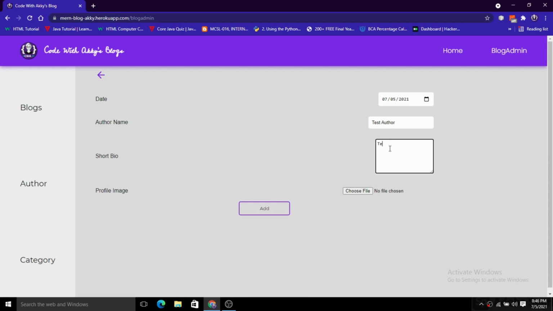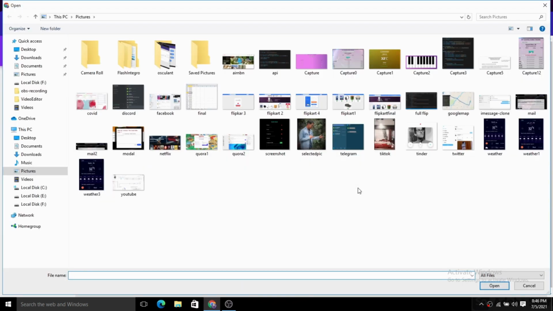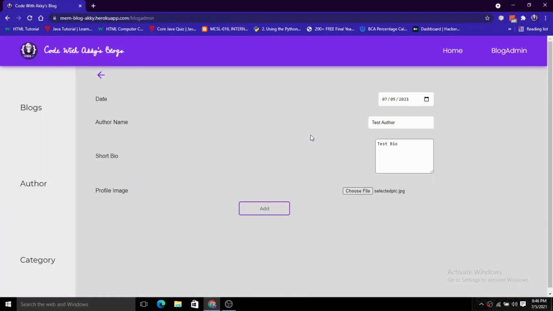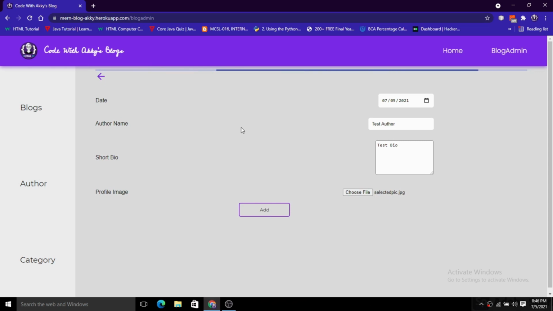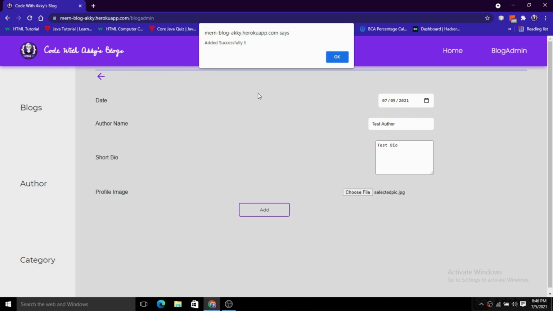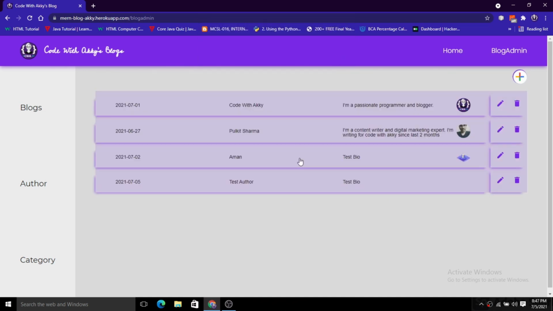and here we can add the short bio. So let's put in the test bio, and here we can add the profile image, and the image will just go and upload on the Cloudinary cloud database there. So we will also learn these things. Now you can see here all the UI and the look and feel of this whole admin dashboard of this blog here. Now you can see it is added here, and now you can see the image is also rendering here. So the image is uploaded on the cloud. We are using the Cloudinary software for that.